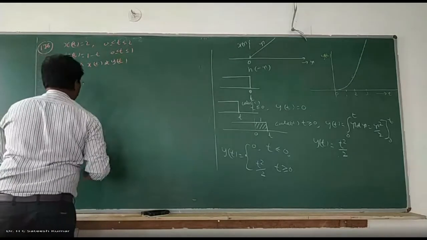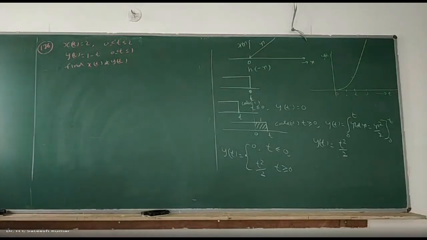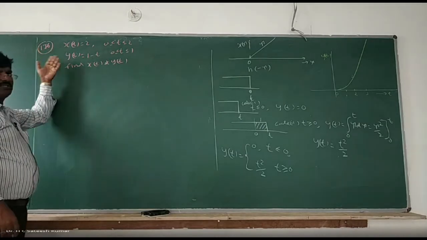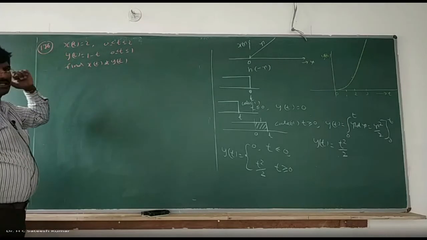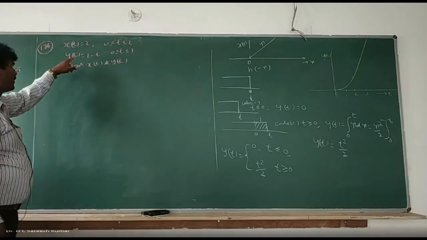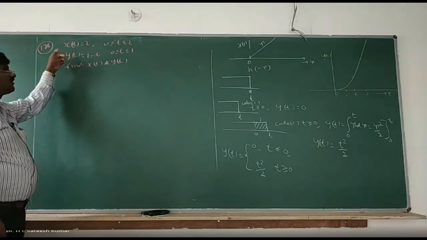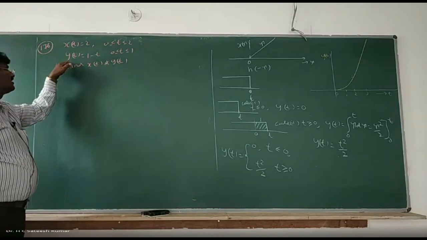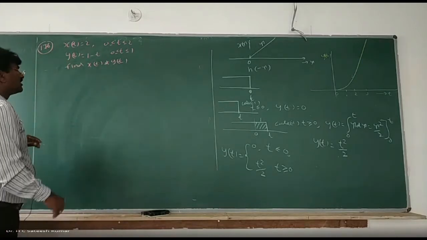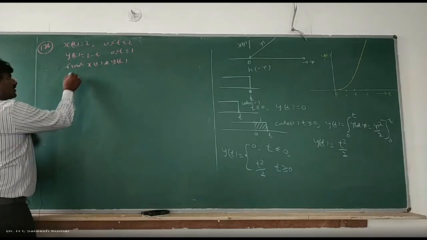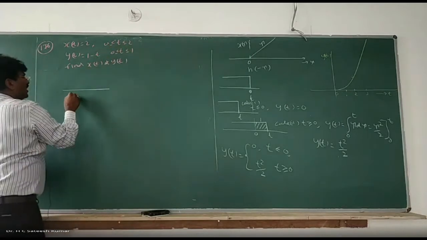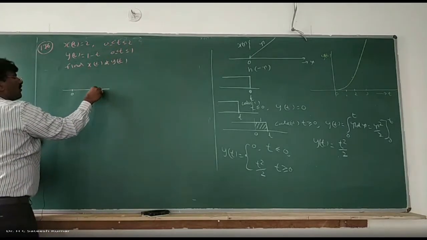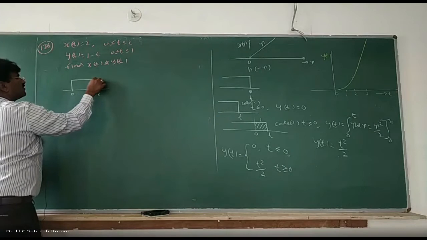So don't get confused with, sir, why you are doing convolution of x of t and y of t. See, he is called by the name x of t and y of t. Some other signal, whatever you are going to get, the convolved signal we call it as f of t. Don't think that y of t is always output, x of t is always input. It is one signal, this is another signal. Convolution of those two, we are doing it. So you can sketch both of them. The first one is from 0 to 2. At 0 to 2, its value is 2.